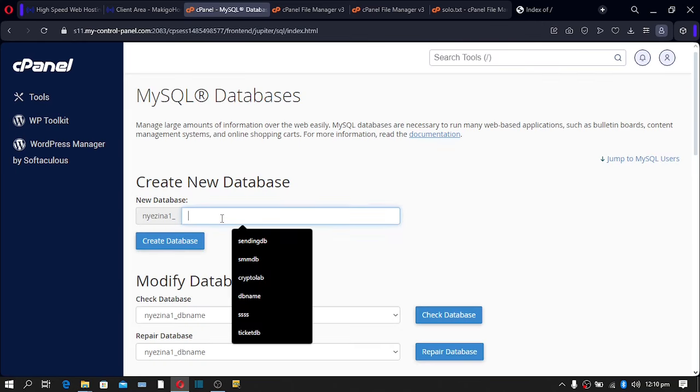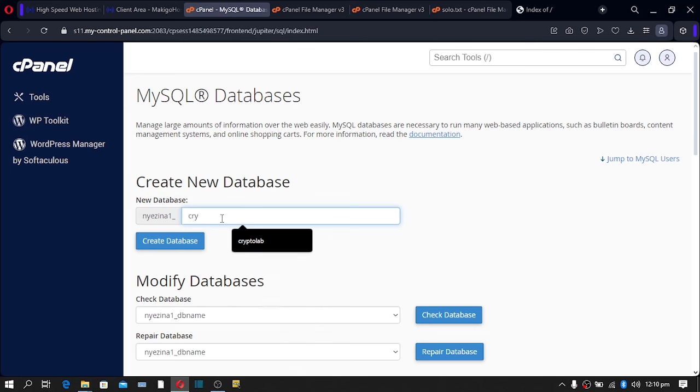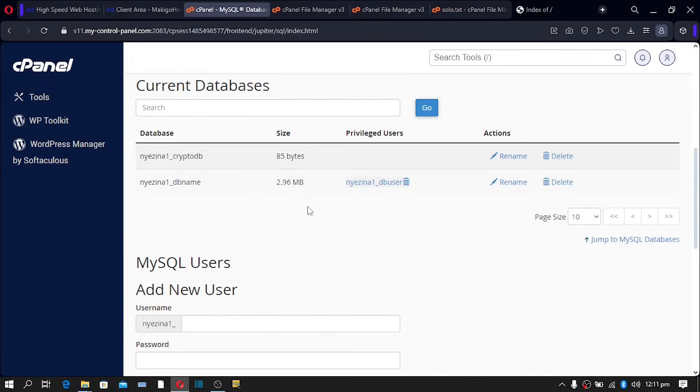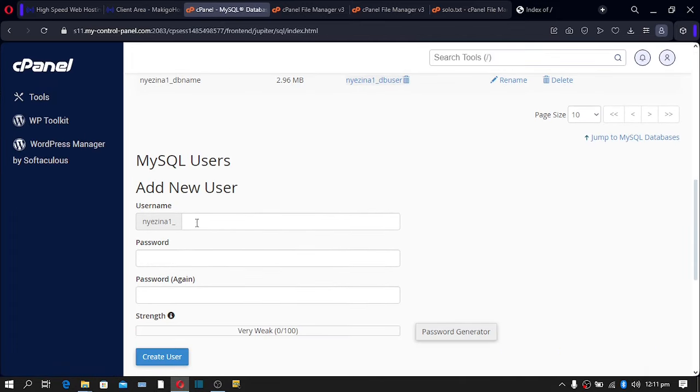Let's give our database a name. Because this is a crypto site, let's put something like crypto DB. Click on create database. Click on go back. Scroll down. Go to users. Click here and type the same crypto